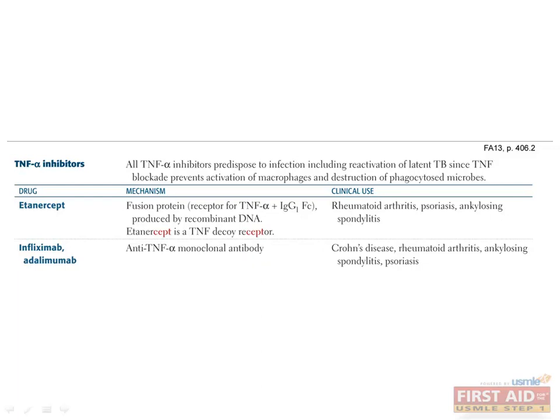Etanercept and adalimumab have the same indications, including rheumatoid arthritis, psoriasis, and ankylosing spondylitis. Infliximab only differs in that it's not approved for use for psoriasis, but it can be used to treat Crohn's disease. As you might remember from the earlier chapters, the toxicity of the TNF-alpha inhibitors is they may predispose to